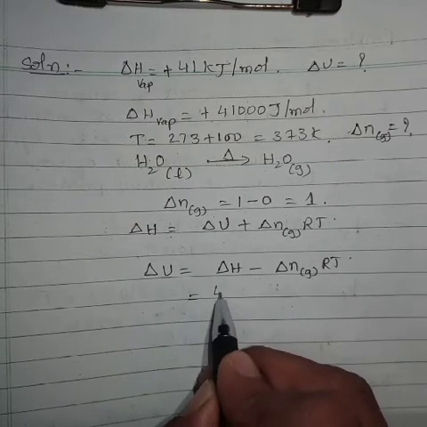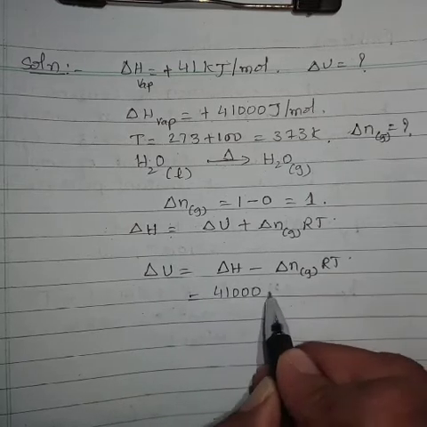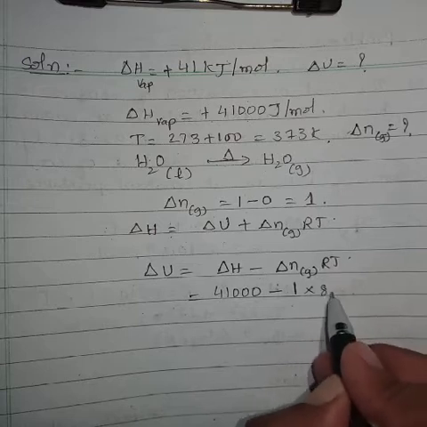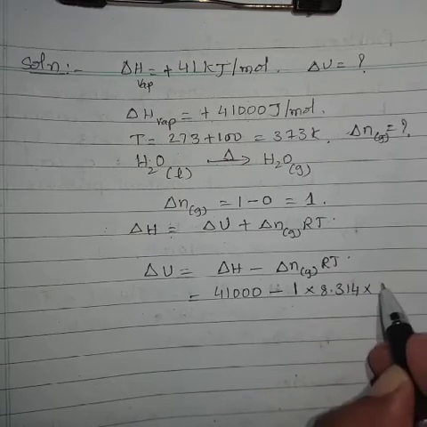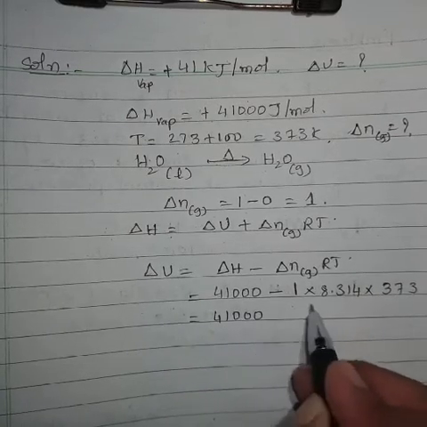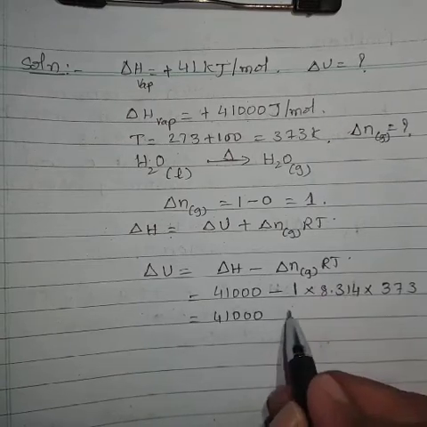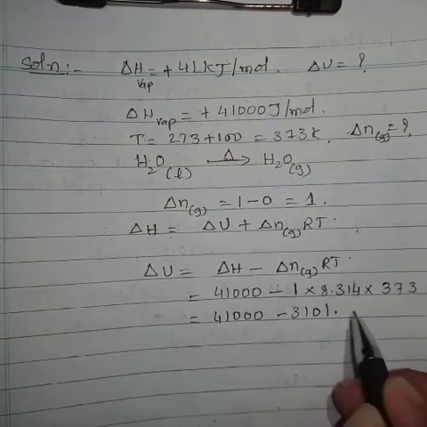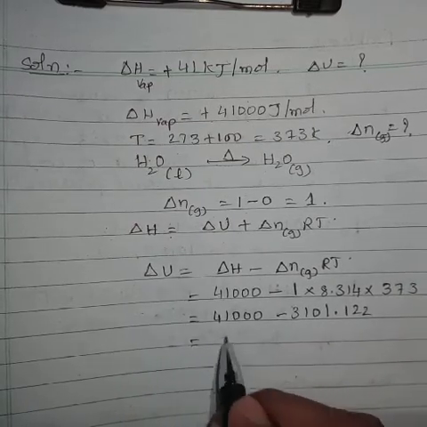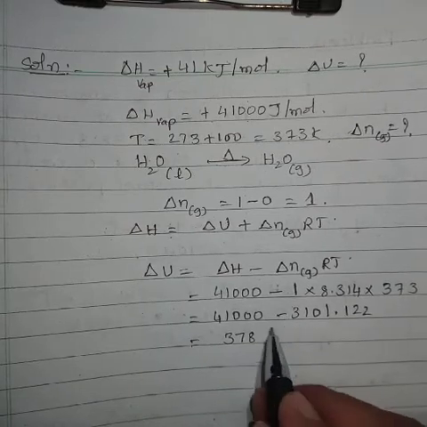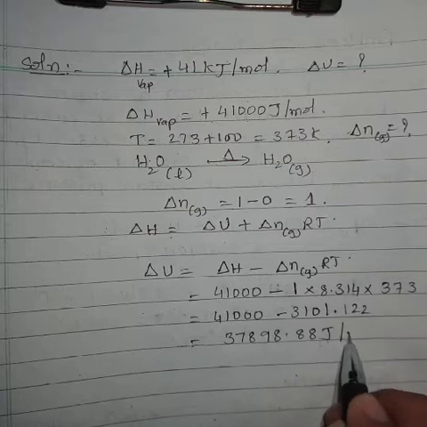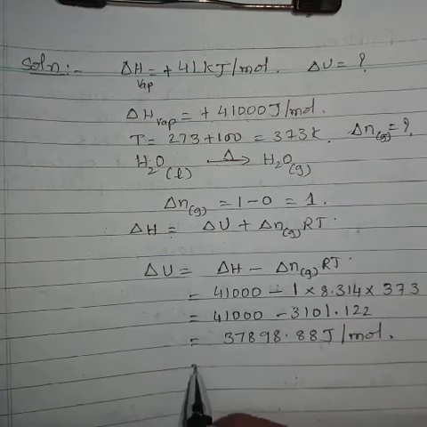This value is given, that is 41,000. Delta Ng value, that is 1. R value 8.314, temperature 373. Just by solving this, we are getting 3101.122 joules. Just by subtracting, we are getting 37898.88 joules per mole, or